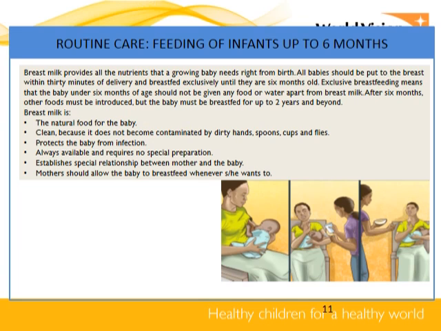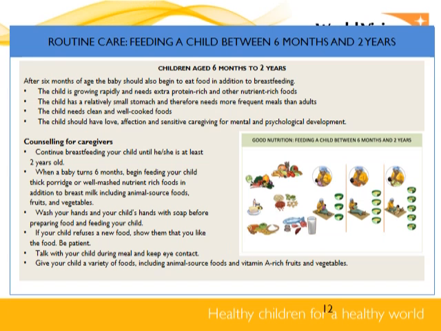Then we just want you to have a look through the pages of the job aid. So this is the key instructions for each age group. We've put them all together here so that nutrition can be considered all together. So in terms of routine feeding of infants, we're just looking at breastfeeding. And then we've got the child aged 6 months to 2 years with different types of food groups, and also looking not just at diversity but the amount of foods per day,